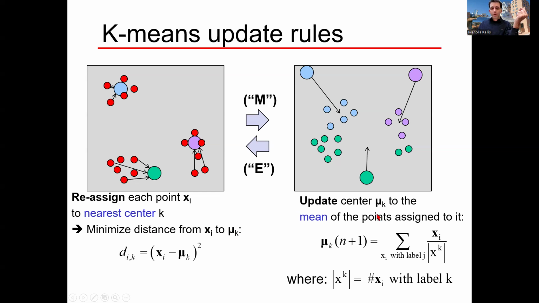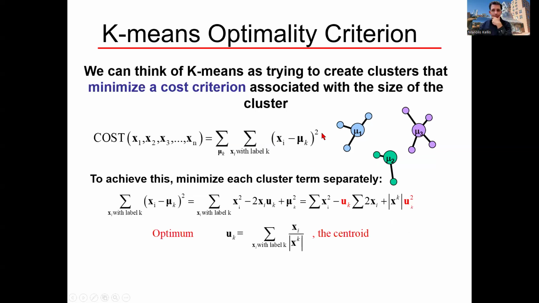And when I'm updating the center to the mean, I'm basically, again, re-inferring something about my representation of the world. So first of all, I'm saying which clusters generate the points, and then I'm saying what are the most likely clusters. And if either of them was known, the other one would be trivial. But because neither of them is known, we're starting with a random guess of the centroids, and then we're iterating to improve it. And that's going to be a common technique for many, many algorithms that we see, where you start with a random initialization and then you progressively make it better.